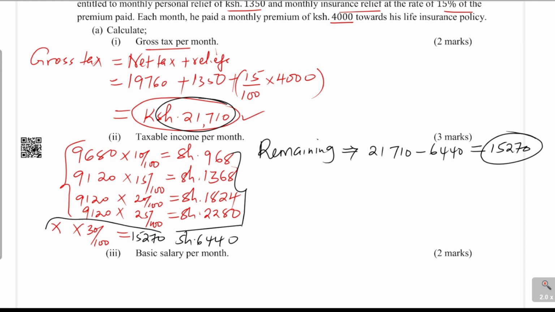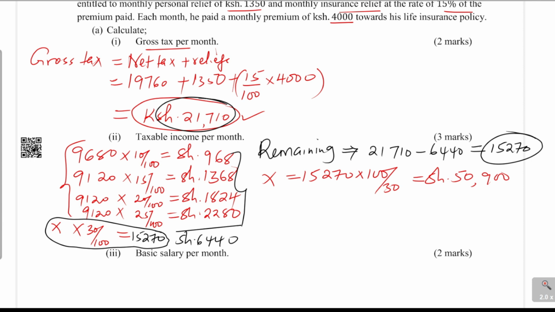15,270. So we need to work out these. So these will give us the taxable income in that band, because that is the last band. So we're going to get this one by taking X equals 15,270 multiplied by the reciprocal of 30 over 100, that is 100 divided by 30. And this will give the taxable income of 50,900. So that is the income that was taxed at the rate of 30% in order to give tax of